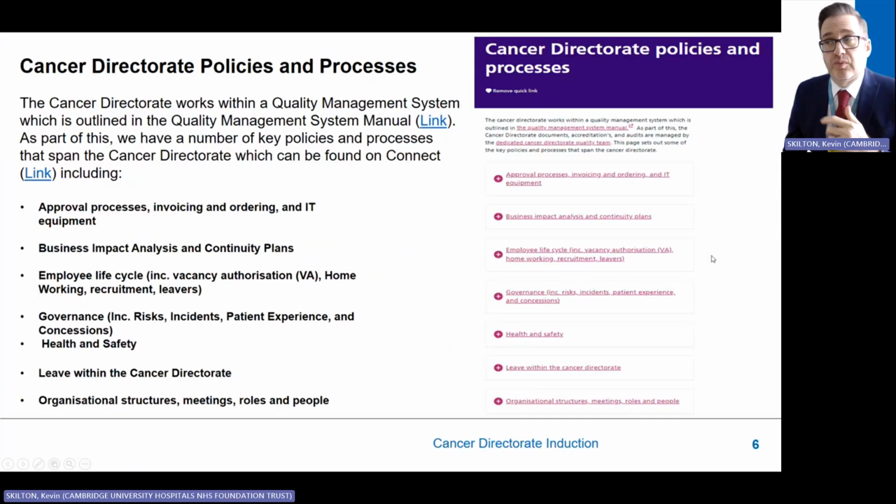If I just click on one of the pages within there, it's called the Cancer Directorate Policies and Processes, which goes through things such as approval processes, how to order IT equipment within the Directorate where you need pre-approval before you put it on the IT portal, things like our business continuity plans, employee life cycles, so how you make a vacancy authorization request if you're a manager, governance processes for dealing with risks and incidents, health and safety,